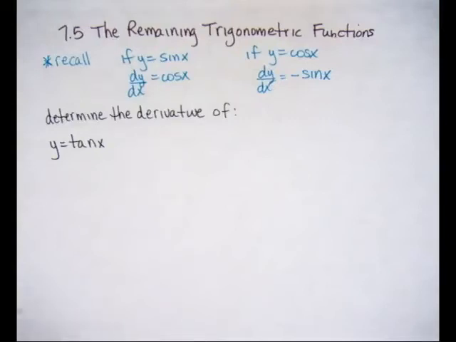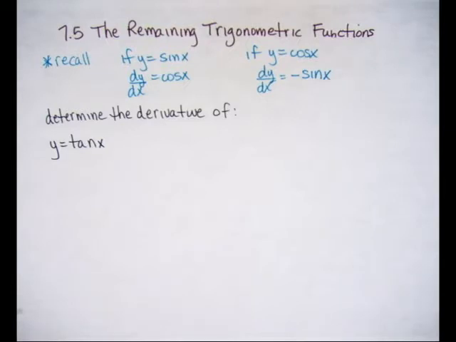In section 7.5, we're going to look at the derivatives of the remaining trig functions. There are 6 trig functions in total, and in 7.4 we discovered that the derivatives of sine and cos were each other. The derivative of sine was cos, and the derivative of cos is negative sine. What we want to do now is develop the rules for the derivatives of the other trig functions, so we'll